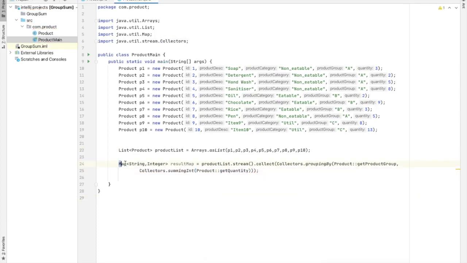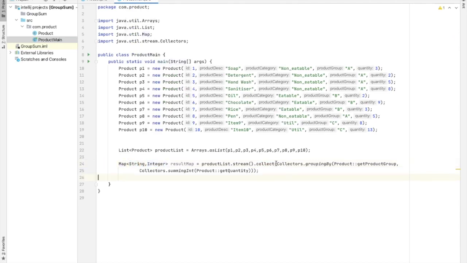Let us know a little bit about this code. As I explained before, product list.stream.collect is used to convert the array list to a stream and collects the result into a collection. Here I have used a map instance for that with key as a string type and value as the integer type.